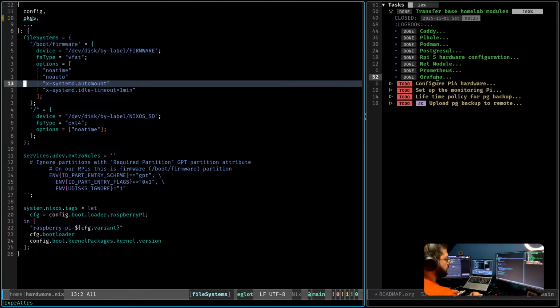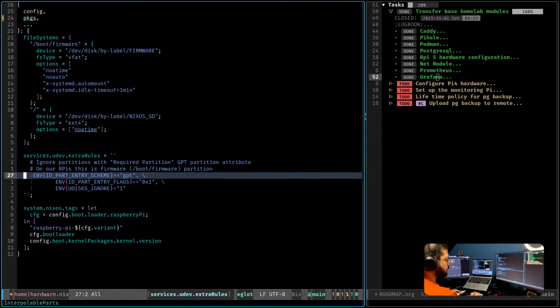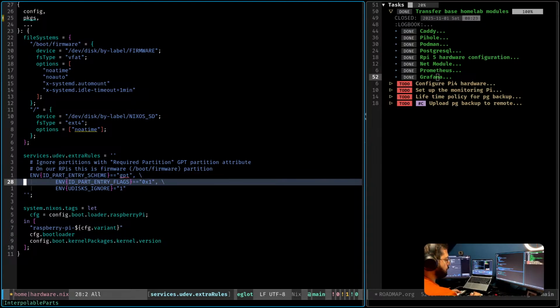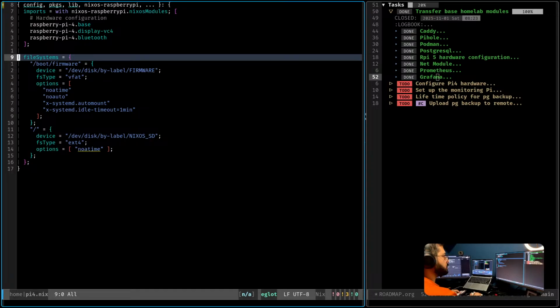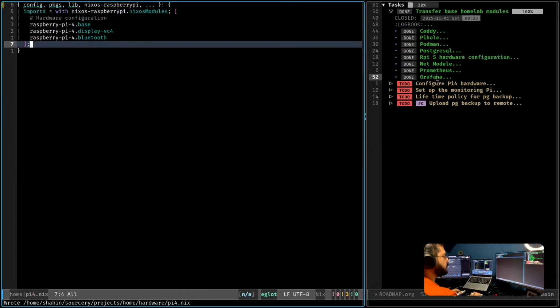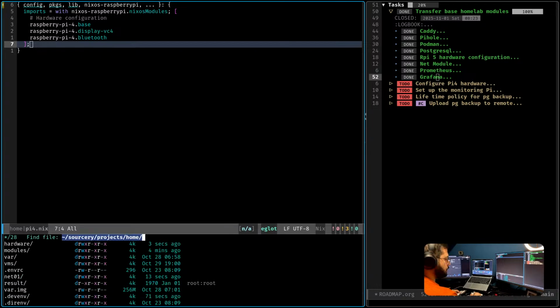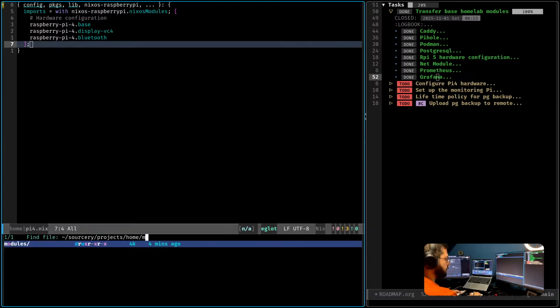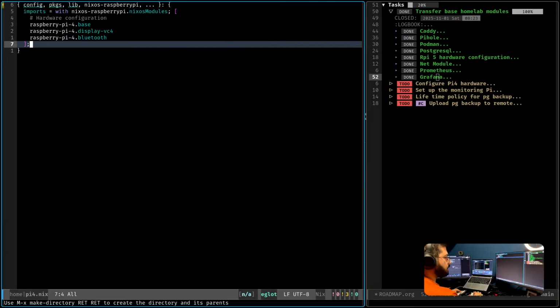This one I kept inside the Nix or the module itself, which might actually be a good idea because this is not that generic. So I'm going to do the same. Copy this, and then inside here I have net, so I'm going to create a mon01 hardware.nix.